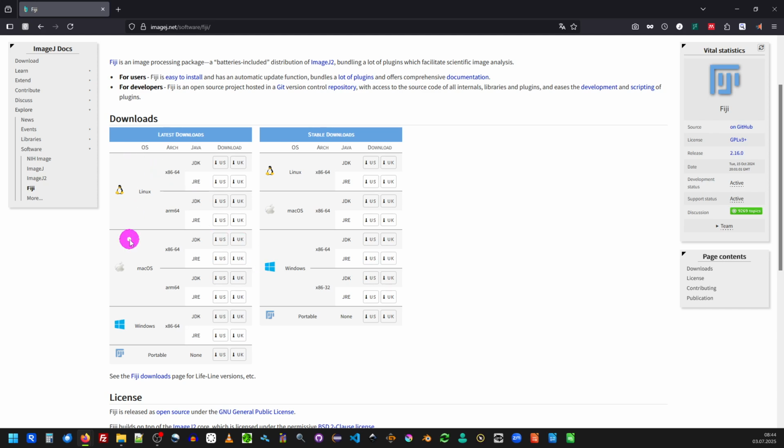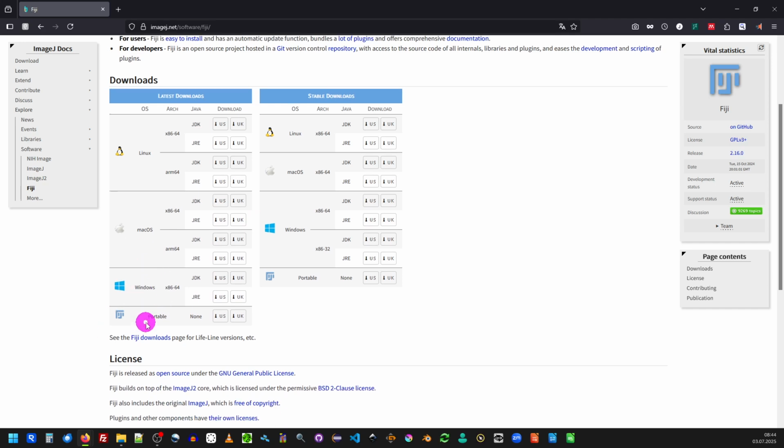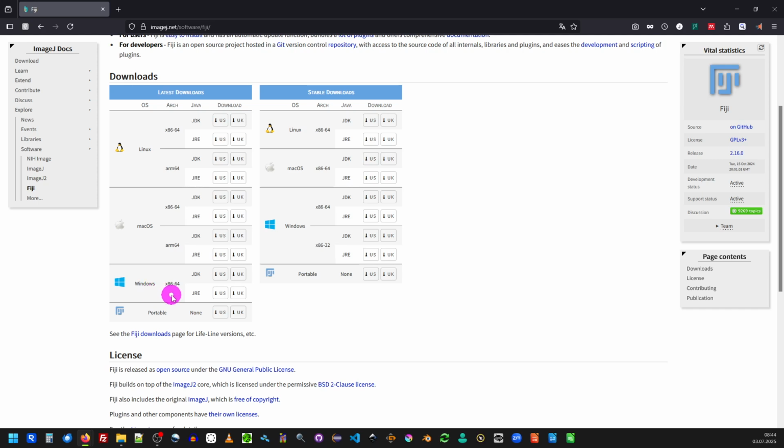In general, you basically just search for your operating system. Since I'm showing this on Windows here, we are going for that one. And on Windows, there is at the moment still only one, the Intel architecture, available. So the only choice you have to make is whether you use the JDK or JRE version. JRE stands for Java Runtime Environment, and is normally sufficient, but JDK, the development kit, is a little bit extended. Therefore, the file size of this is a little bit bigger,